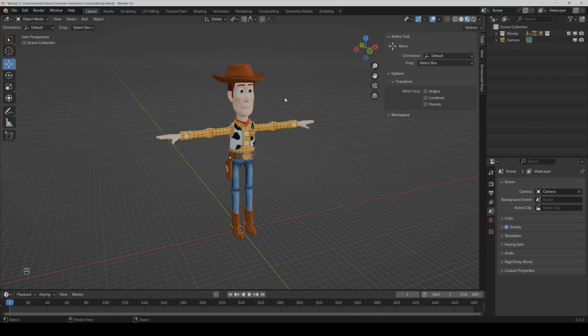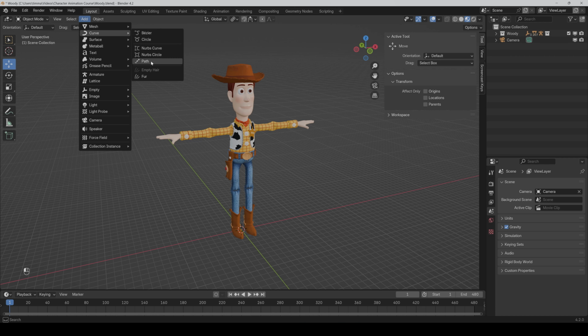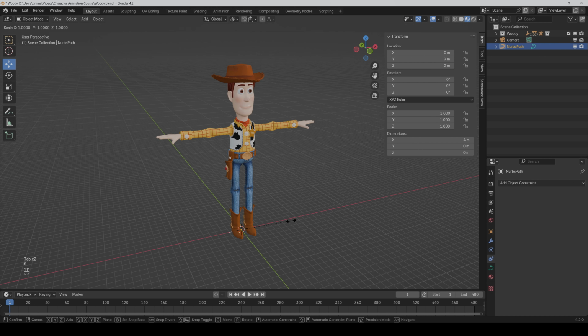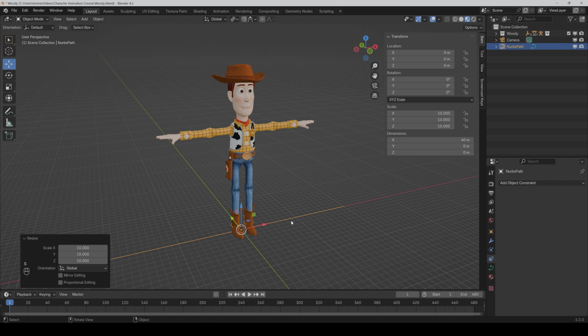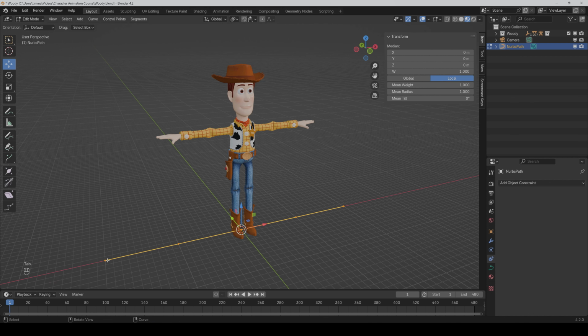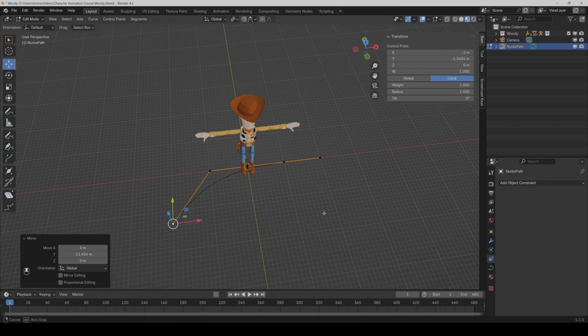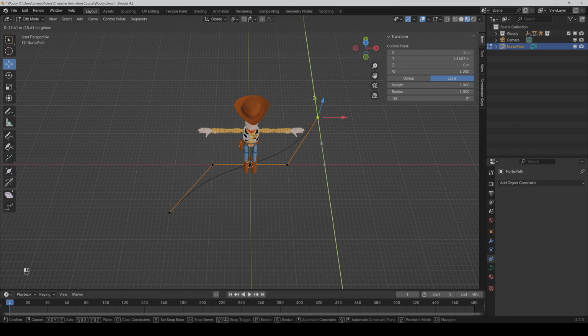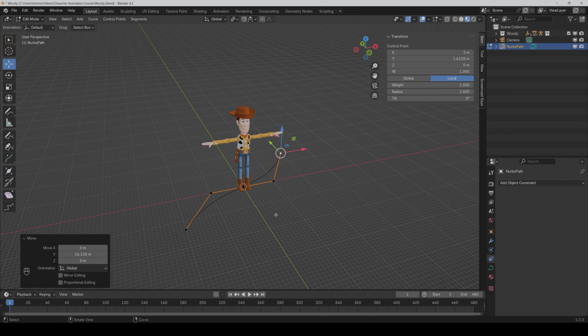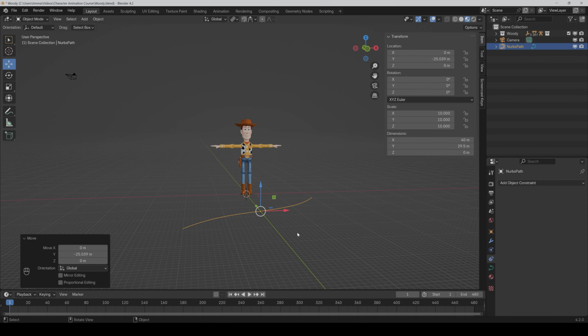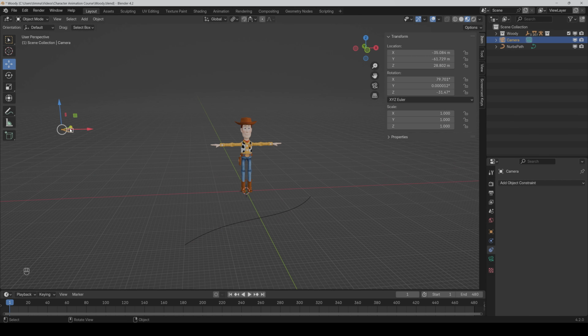Now let's come to more specific movements, because you could also add a curve here and select path. If we go into edit mode, it's a bit small, so I scale it up first with S10, for example, go into edit mode again, and then I can change here the direction of the curve, like this for example. Then I go out of edit mode, put it a bit to the front, and I select my camera